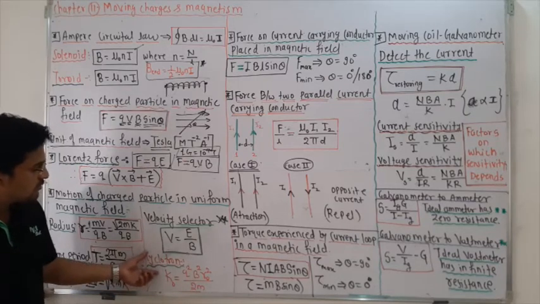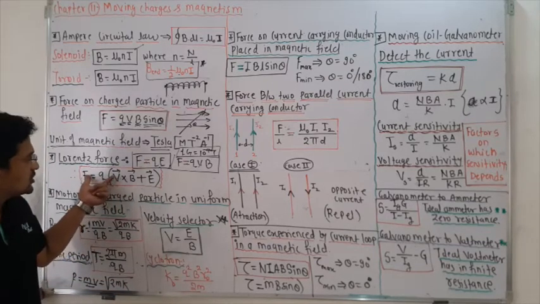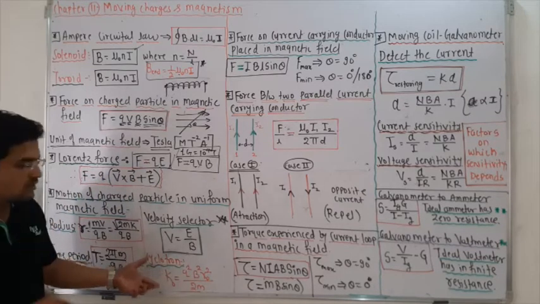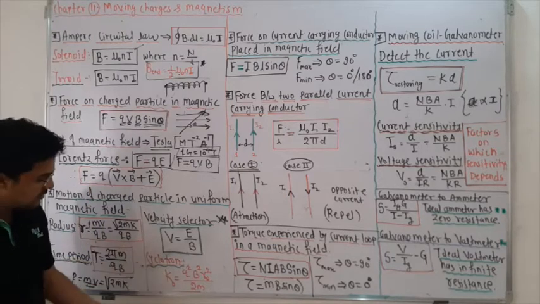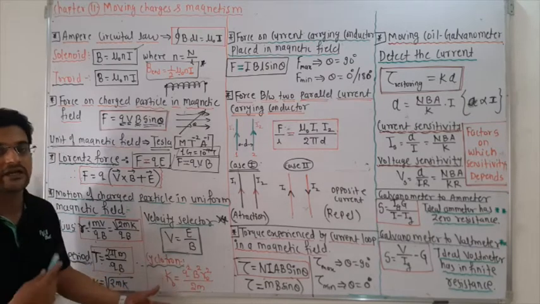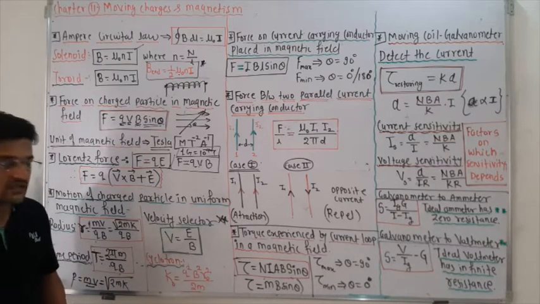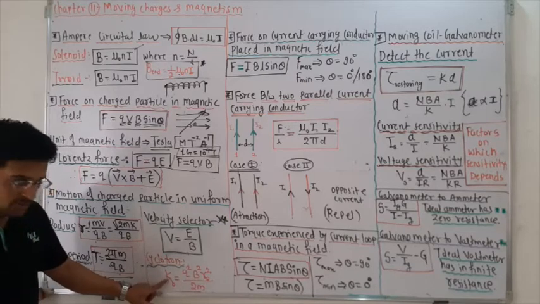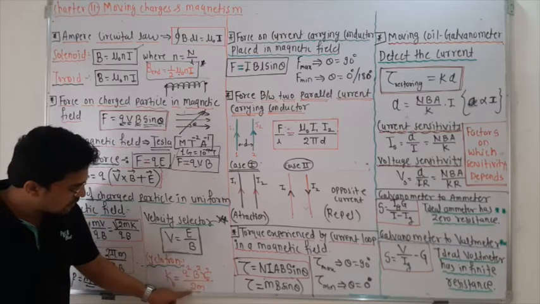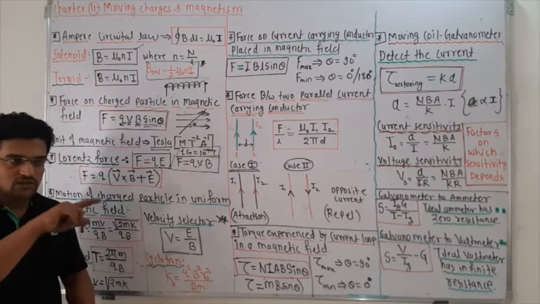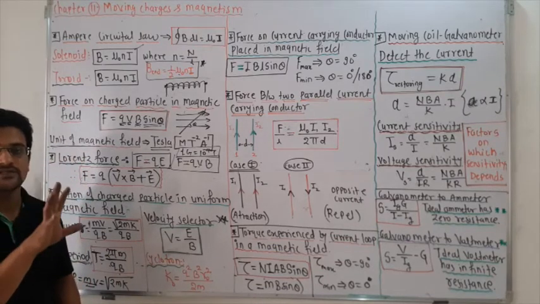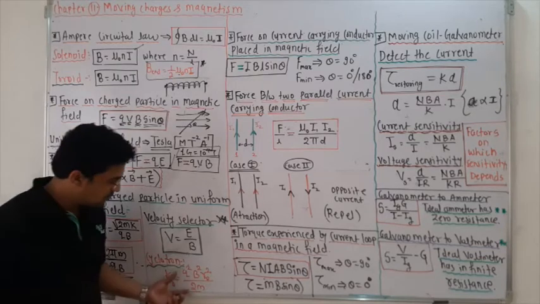Next, the cyclotron. You know very well the cyclotron is a device which accelerates charged particles, and it works on the principle of Lorentz force. Whenever a charged particle enters a magnetic field, it gets deflected and moves in a circular path, and by that theory the cyclotron is constructed. In the cyclotron the charged particle moves in a circle and gains maximum kinetic energy, given by K max equals q squared B squared r naught squared divided by 2m, where r naught is the outermost final radius of the charged particle, where it gives the maximum kinetic energy. So remember this formula.